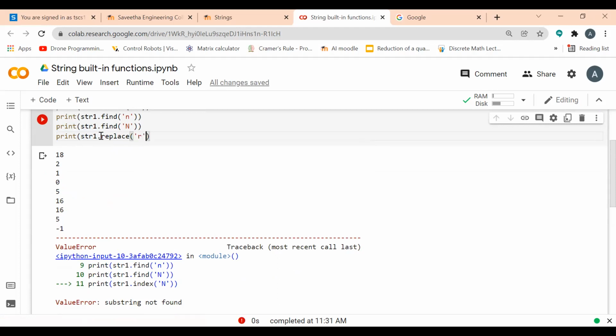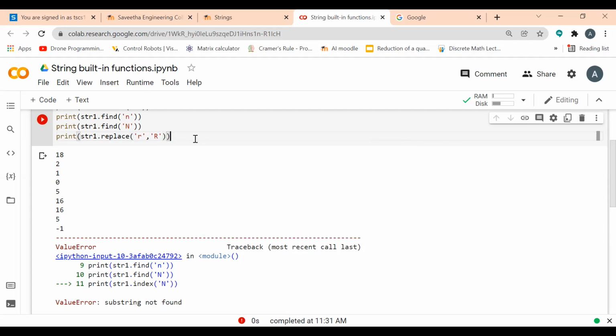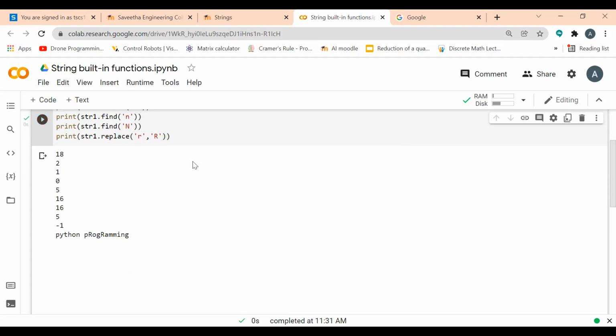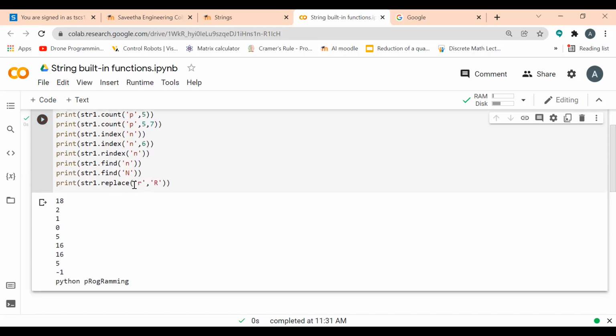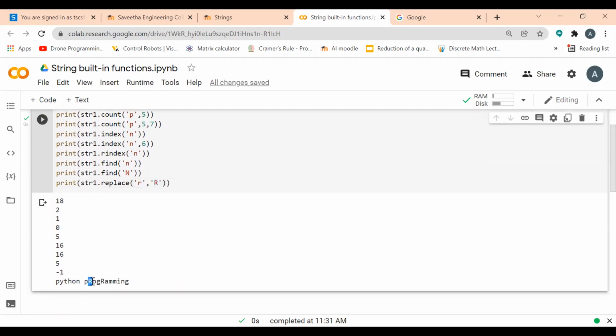I am going to replace small letter r with capital letter R. You have two arguments for replace. The first argument is your existing character, and the second one is the new character which you want to replace it with. Now small letter r is completely replaced with capital letter R, here and here.